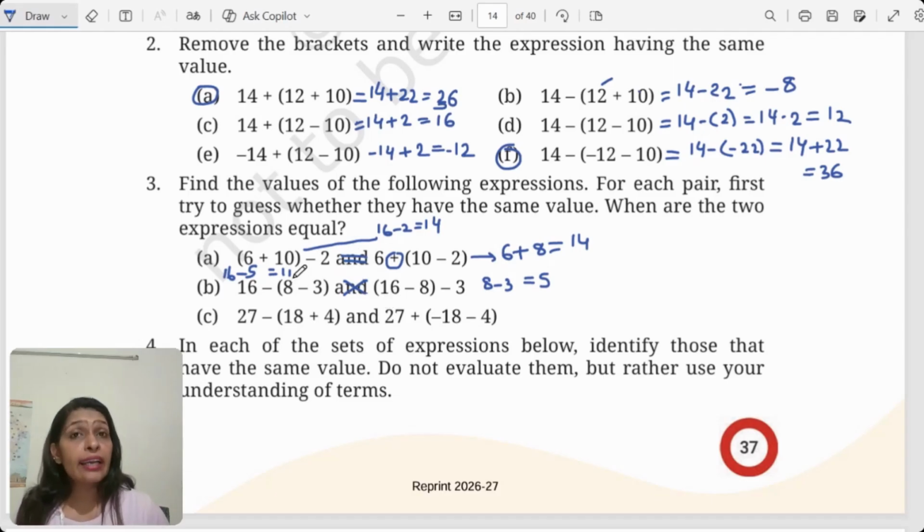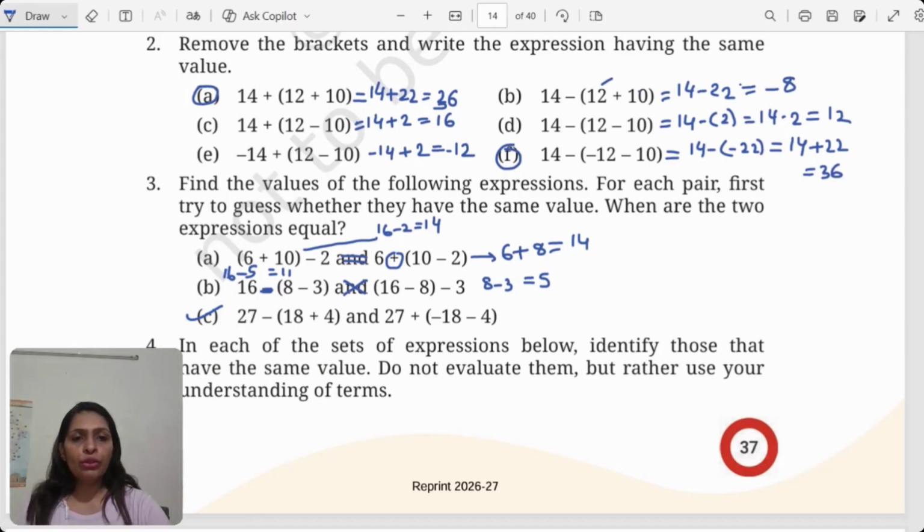Okay, why? Again, if we look here, the sign matters a lot. Here it was a negative sign which played a vital, important role, and so it was not equal. And the C part is similar. Now the C part, I want you to do it yourself, and in case you have any problem, do reach out to me.